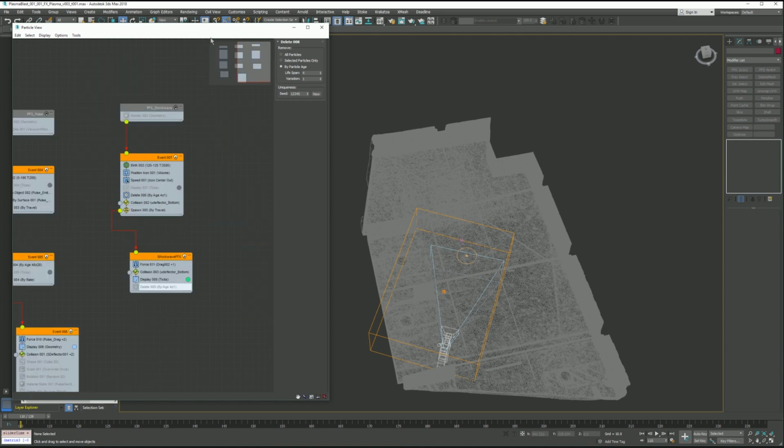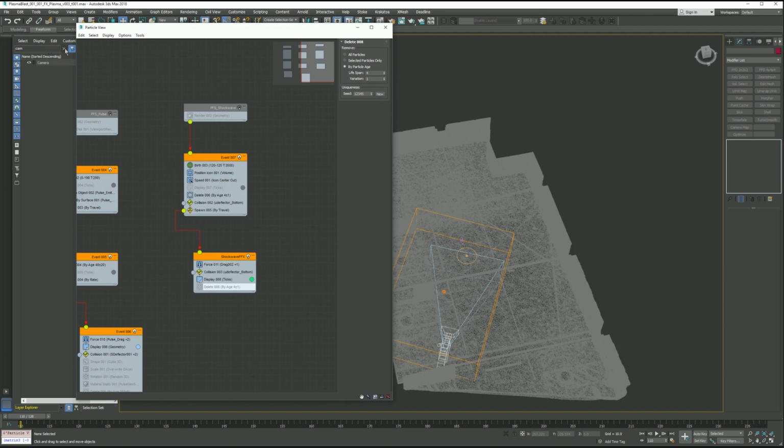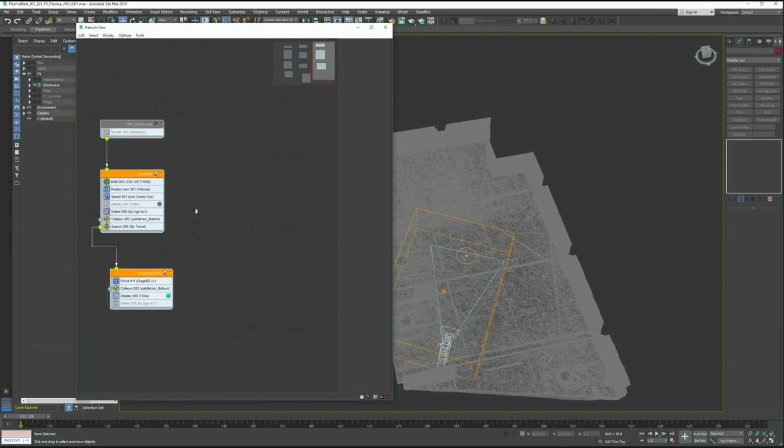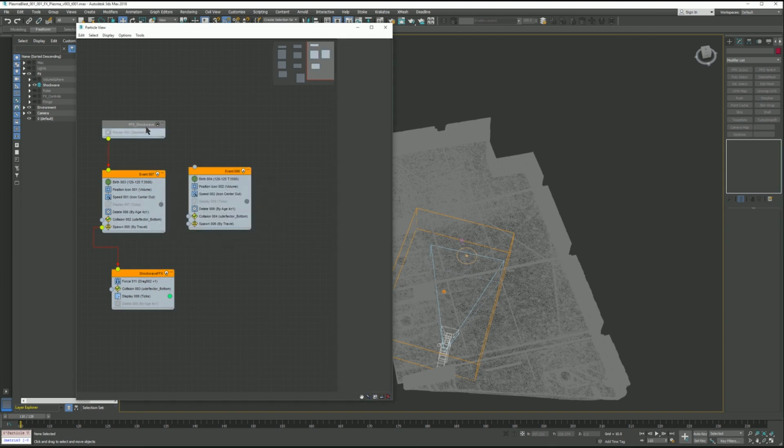So again, making sure my layer shockwave is active, I'm going to select all of this and duplicate it. I could probably just use the same system even. In fact, I might try that. I'm just going to copy this over. So we can use this shockwave, but let's just rename these. I'm going to call this shockwave, and I'm going to call this one